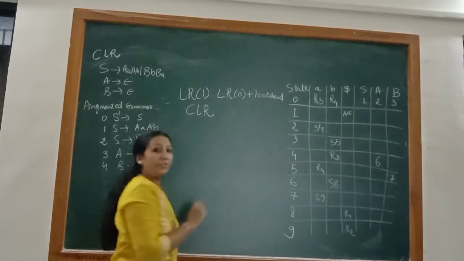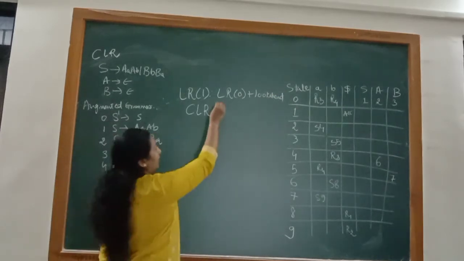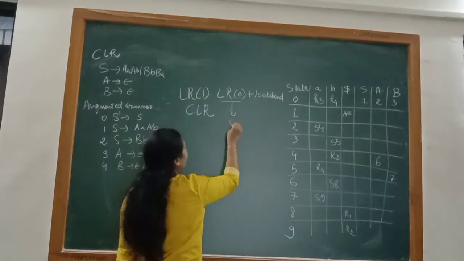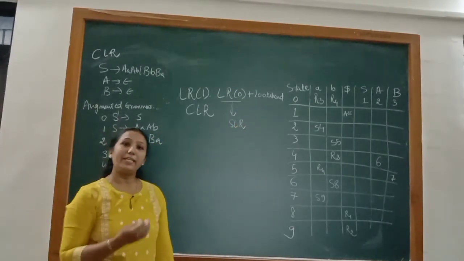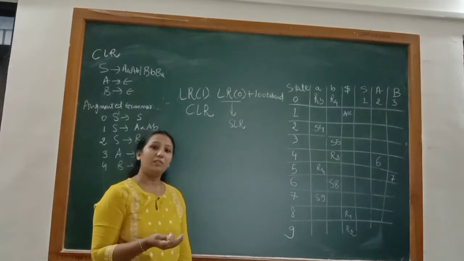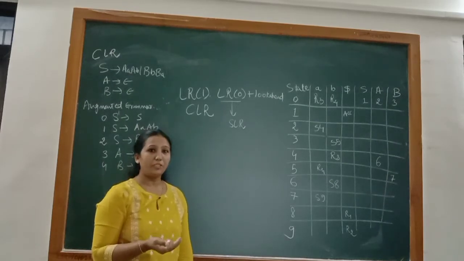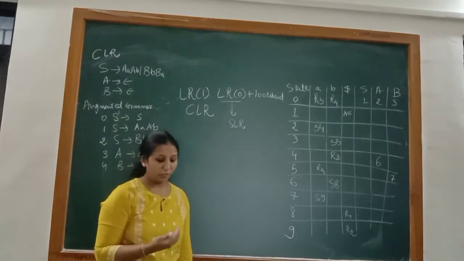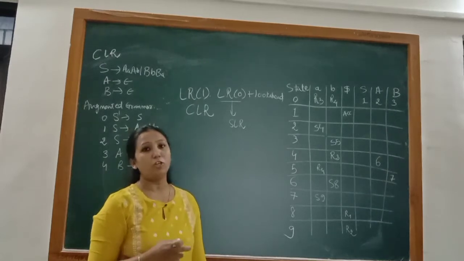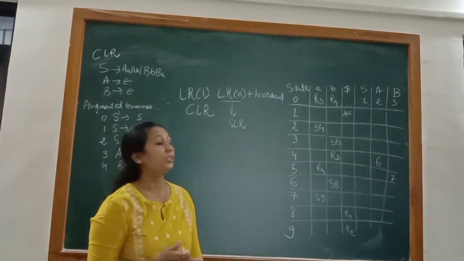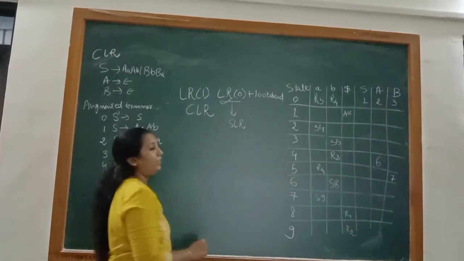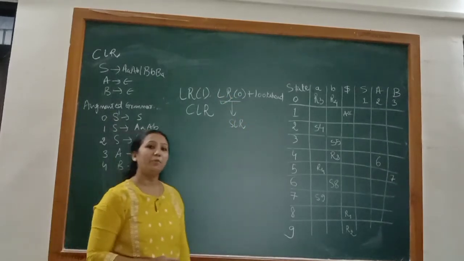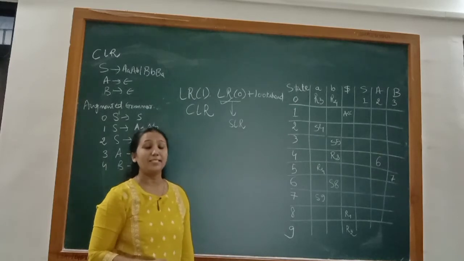In a previous video we have already discussed the LR0 called the SLR technique. The LR0 is one in which the right hand side of the production will have a dot operator in it. When we don't have any lookahead, only the dot operator on the right hand side of the production, we call that technique LR0, and we have seen one example of it in a previous video called SLR, that is simple LR.